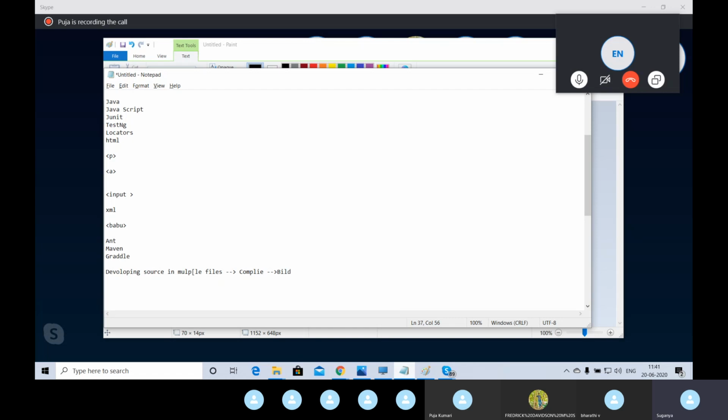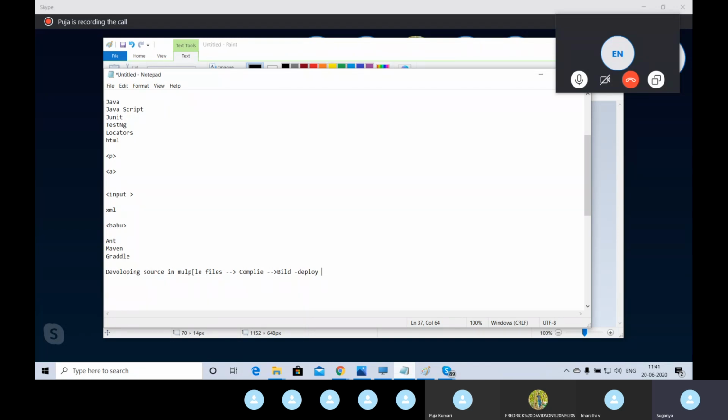Build means once we have developed the programs in multiple files, we need to build everything together. Then only can we deploy. So we develop a source file, do a compilation, and do a build which will integrate all the multiple files. Then we can deploy it in any environment so that our automation build triggers. So this is the one build life cycle.